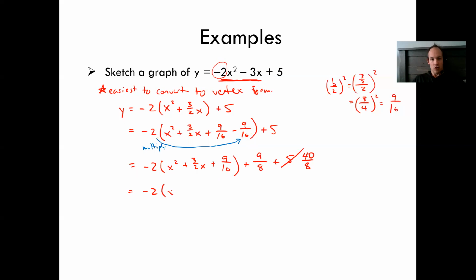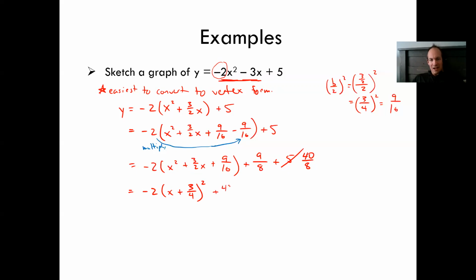This is a perfect square trinomial. So this becomes x plus, and what I have to do, remember this number here, there's two ways of looking at it. It's either half of this guy or it's the square root of this guy. Same thing. And if it's not the same thing, you screwed up. Okay, we've got this, and we've got 9 over 8 and 40 over 8, so this will be